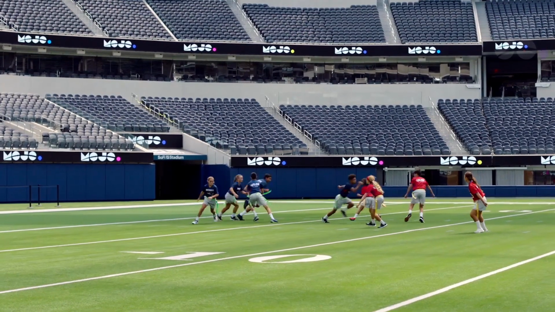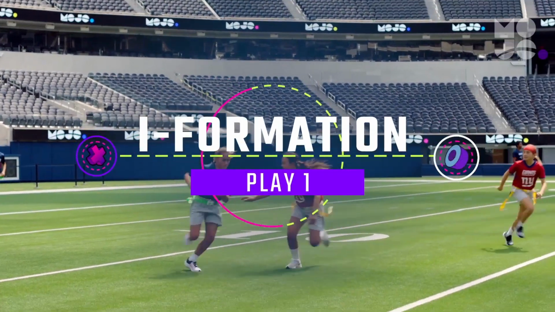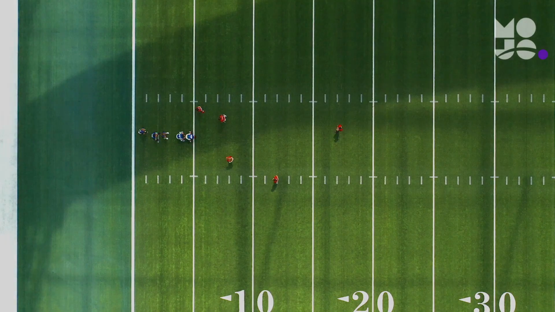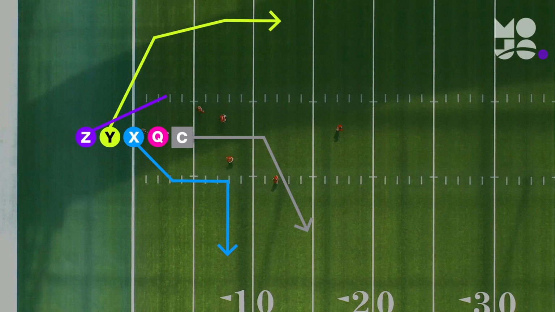Defenders won't know whether to go man or zone when you run this play called I formation play 1. Here's how it looks. Your center runs a corner route to the right. Your X receiver releases to the right and runs a quick out. Your Y receiver runs a wheel route to the left, and your Z receiver runs a hitch to the middle